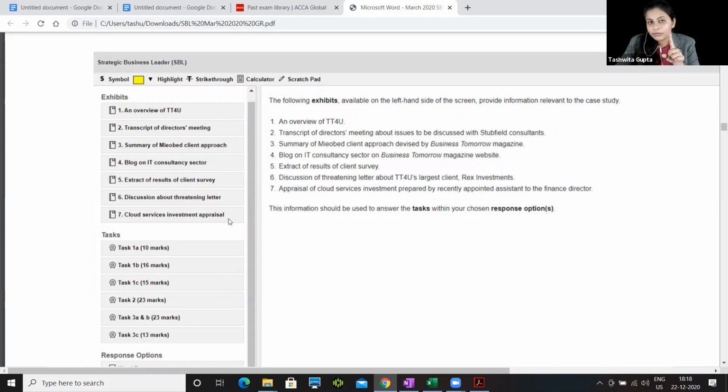Now, one basic question which students have is, ma'am, do we have to read the whole case study at once, or can we read one exhibit and then answer one requirement? Unfortunately, you will have to read the whole case study and then answer the requirements, and I will tell you the reason. So, I had this question on vacuum cleaners in my own paper, and there we had this thing